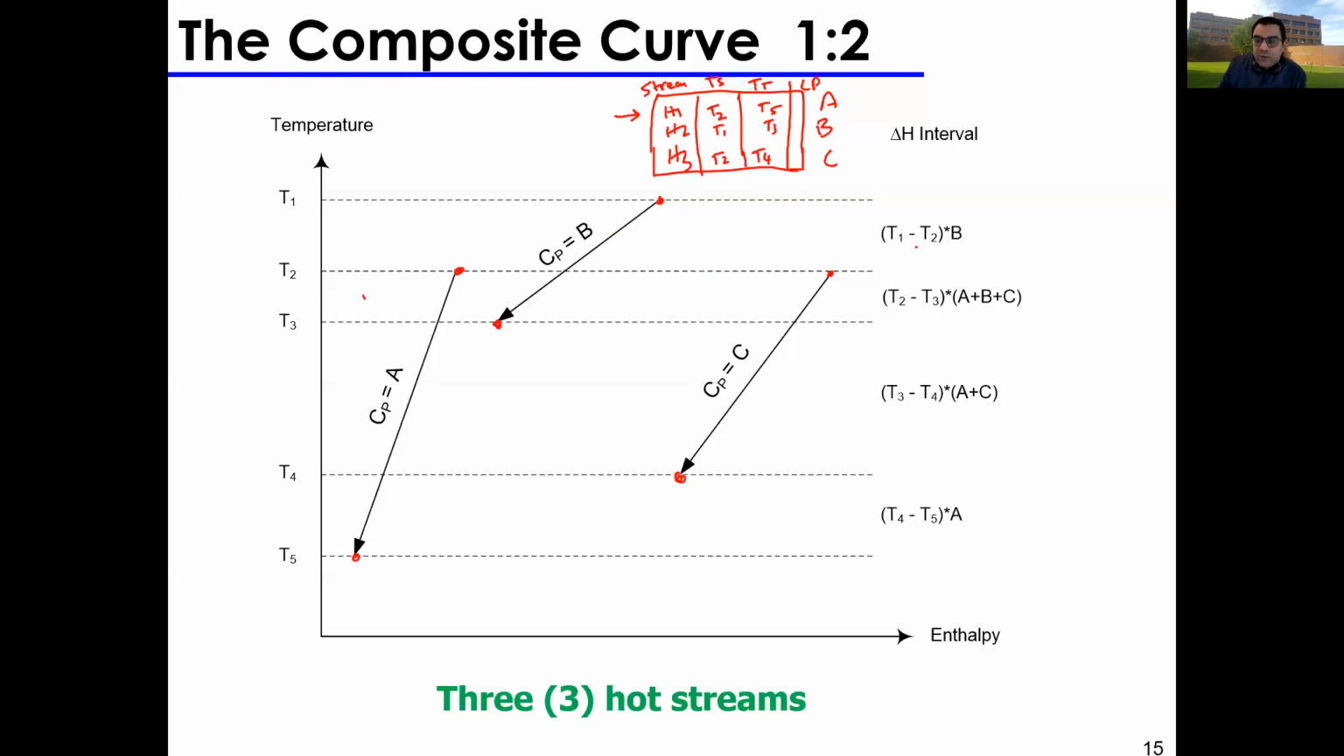So after I draw the 3 lines, I need to calculate the enthalpy in each of these temperature intervals, right? And the delta H interval refers to the distance between the temperatures, any 2 temperatures I have in this table, right? These 2 temperatures don't need to belong to the same stream. As long as they're somewhere in this table, this is considered the temperature interval. And again, if I'm calculating the delta H in this interval, you recall, delta H is equal to